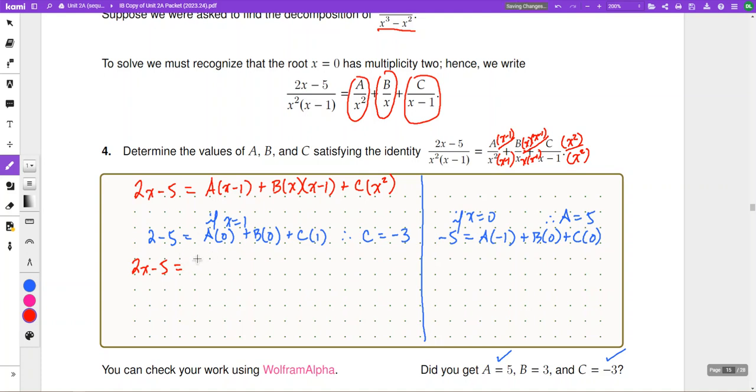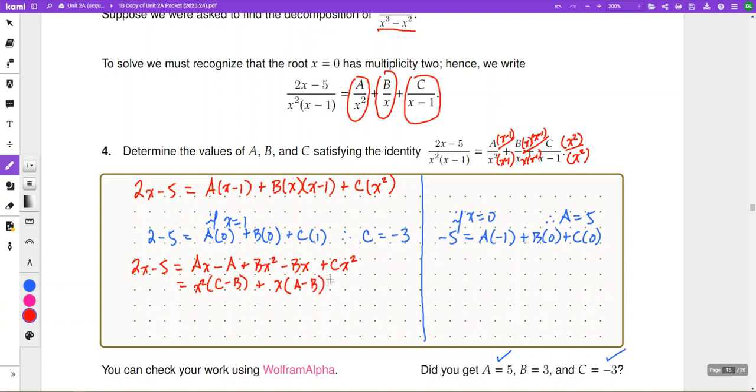The right side of our equation could be written as ax minus a plus bx squared minus bx plus cx squared, right? Which then I could write as x squared times c plus b plus x times a minus b,